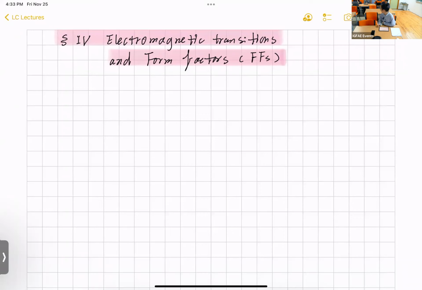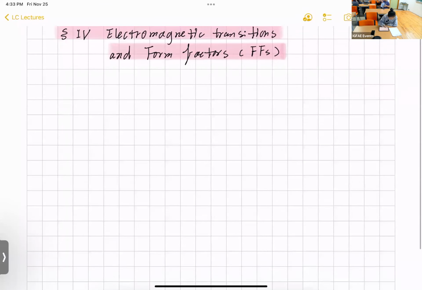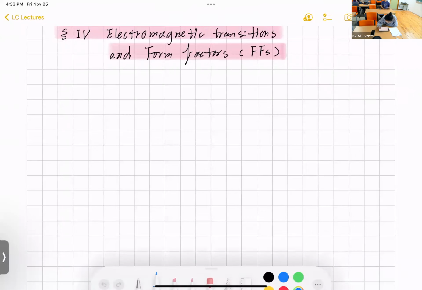Okay. Good afternoon, everyone. So this time, let us continue with electromagnetic transitions and the form factors on our journey of Mesons on the light front. So just a quick recap. So last time,